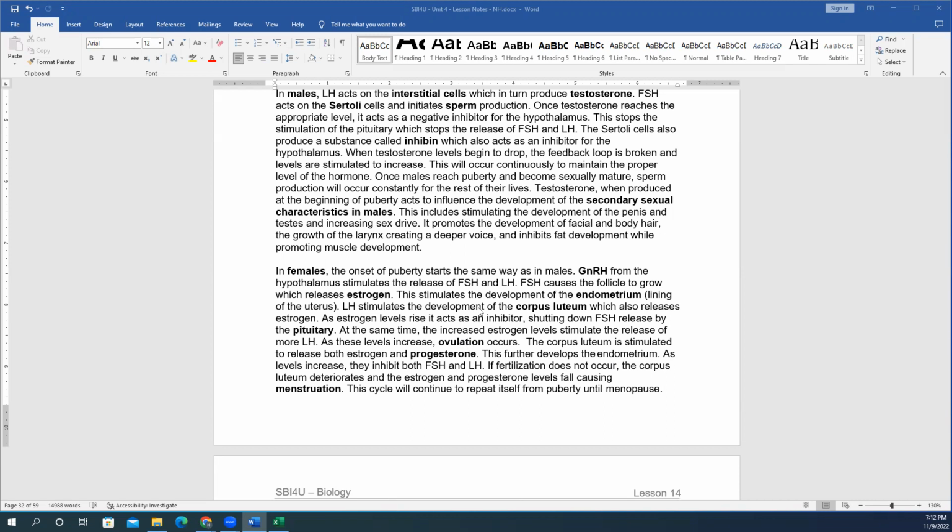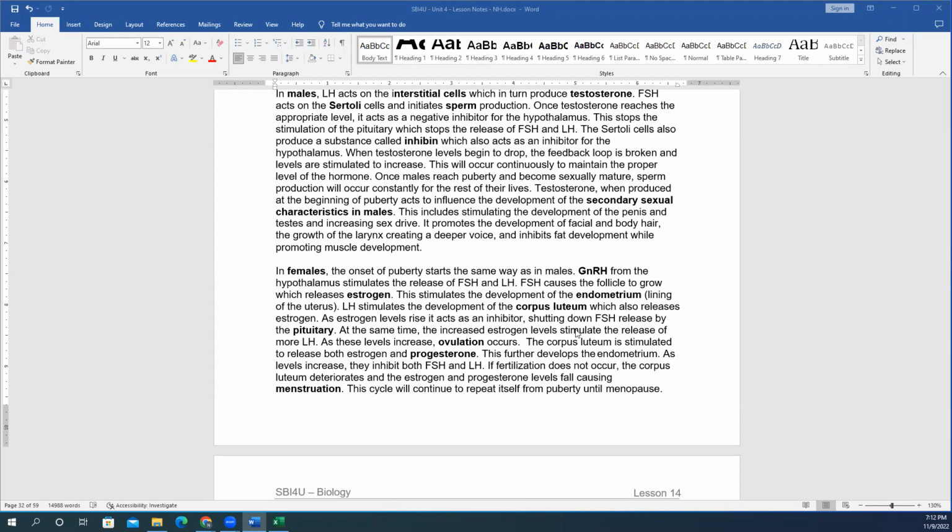So then luteinizing hormone, or LH, will stimulate the development of the corpus luteum. And the corpus luteum, if you guys remember from previous years' biology class, is where, once the follicle is released, it's the scar that is left behind on the ovary that becomes the corpus luteum, which